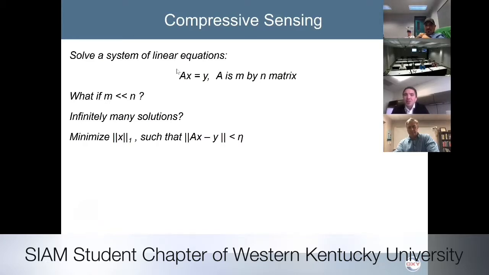And well, it depends on the rank of the matrix and the right-hand side as well, but it's something very straightforward. However, what if the number of observations is much smaller than the number of variables? So you can say, okay, we have m equations and n variables. What are we going to do? Well, very likely this problem has infinitely many solutions. However, well, in reality, you don't want infinitely many solutions. And you can look at some optimization problem. For example, you want to solve the equation that is not exact